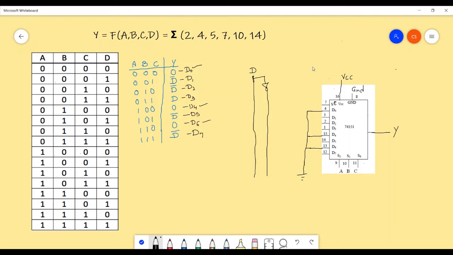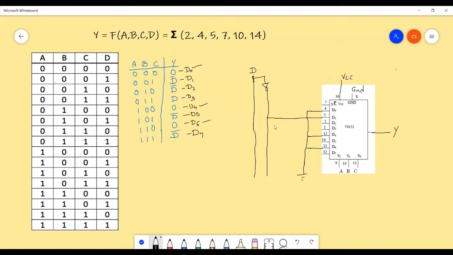Fine. Which are the inputs which are connected to D bar? D1, D2, D5, D7. So I will take D1. This is D1 here. So D1 will be connected to D bar.